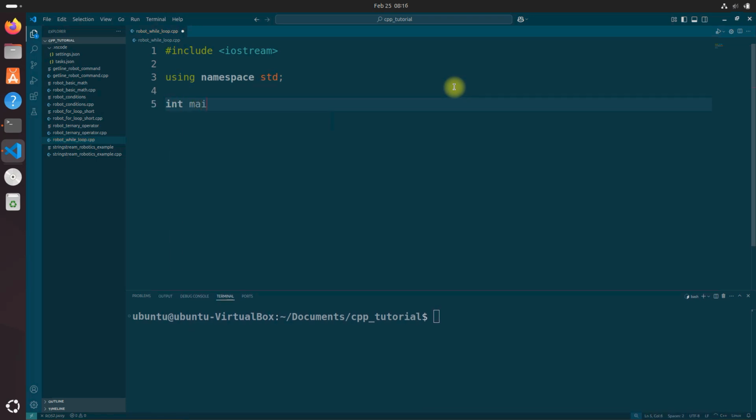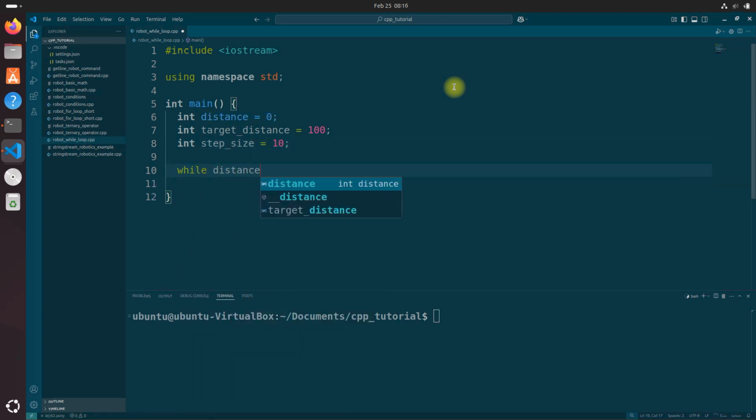Now let's do int main. And let's do our first variable, int distance equals 0, int target distance equals 100, int step size equals 10,